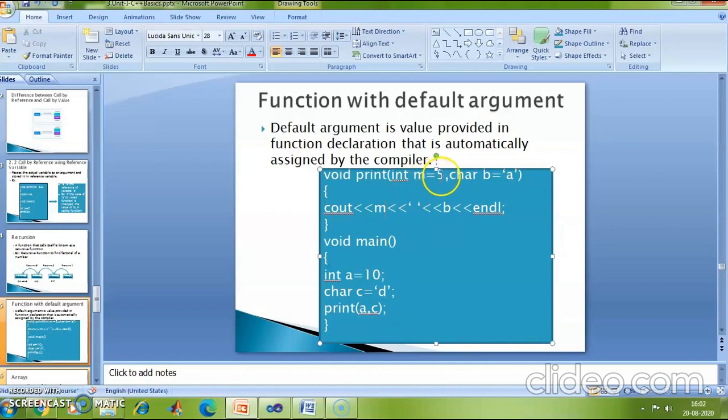Now you see that I have given a default value to this variable m. What is the default value of m? The default value of m is 5. And what is the default value of this character variable b? The default value of this character variable b is 'a'. Okay. So by chance I do forget to pass this parameter a and c. What would be the default value of m and b variable? The default value will be 5 and 'a'. So in this way you can pass a default value to these formal arguments. For example,